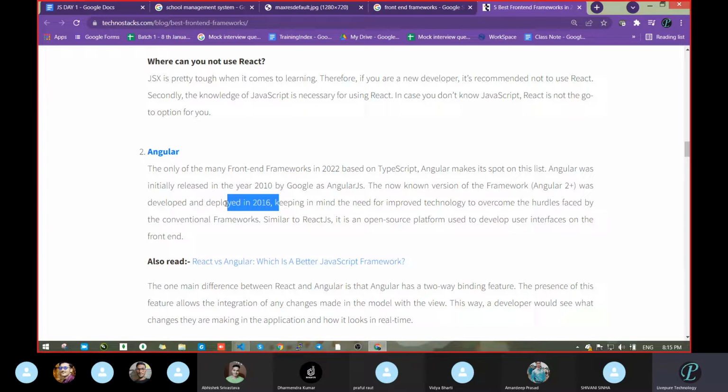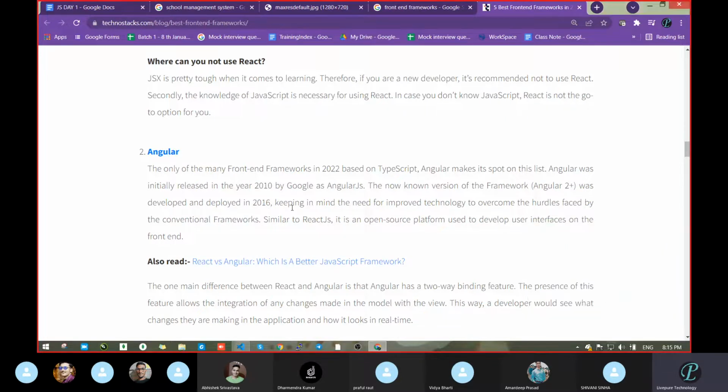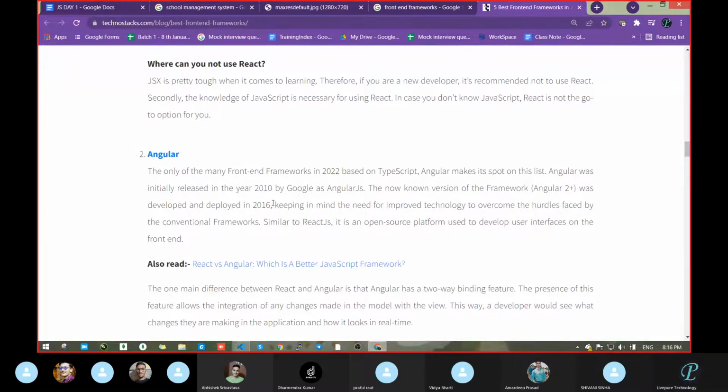It mostly came into the picture in 2016, and now, in 2022, that is 16 plus 6, within 6 years, Angular is now at version 13, meaning 13 versions came. In the middle some versions were skipped, but updates come every 6 months.